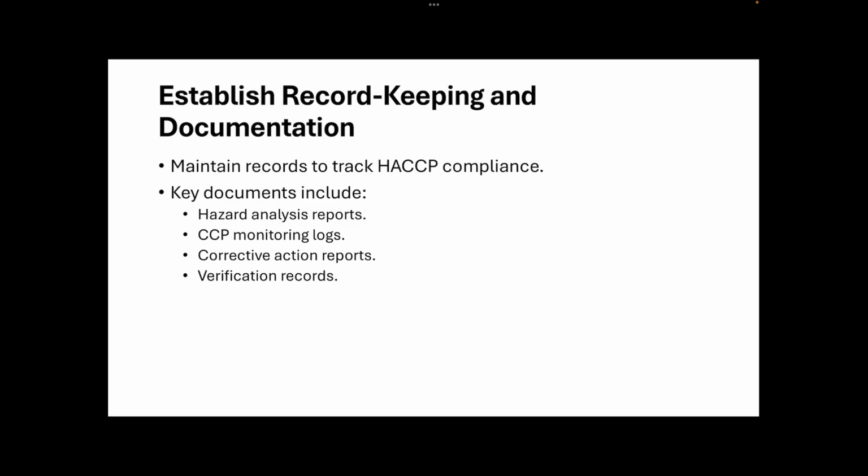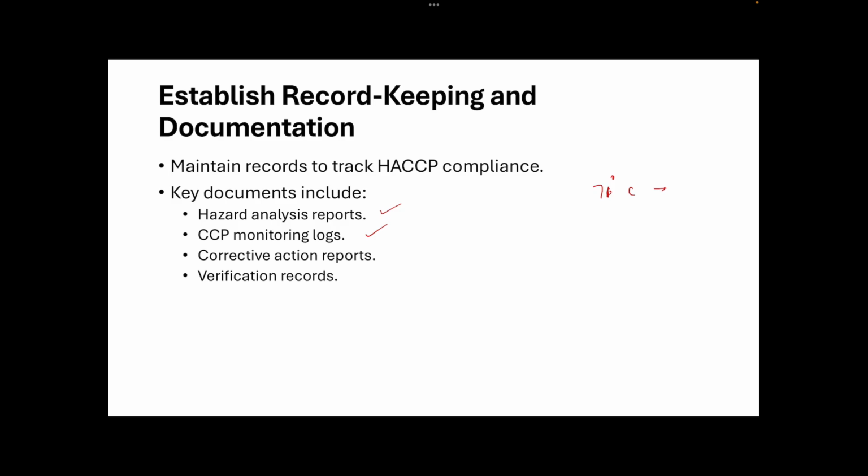So you should have your HACCP analysis report created, CCP monitoring logs should be there, corrective action reports. Something did not work right, you had to take a corrective action. Did you record what happened? What was the temperature, for example, 71 degrees Celsius? And then what did you do? Did you recook it? Did you throw it away? Right? All that reporting should be done.